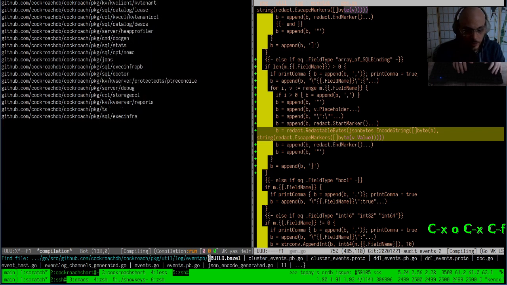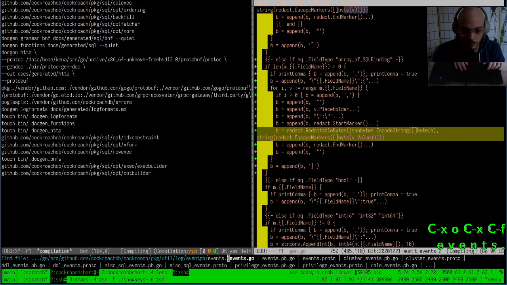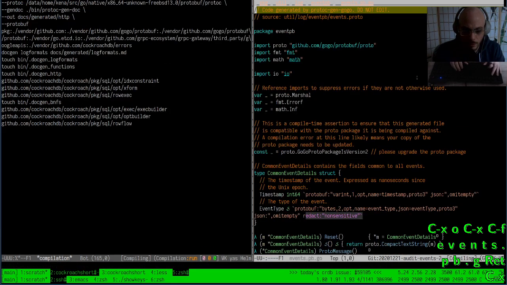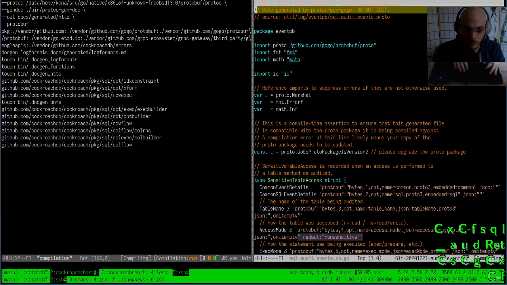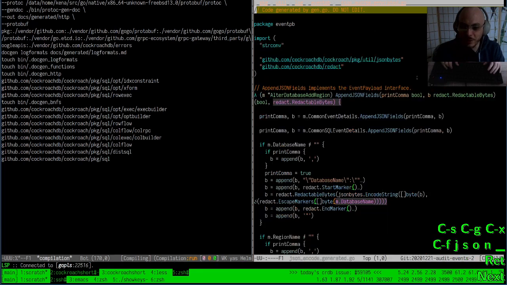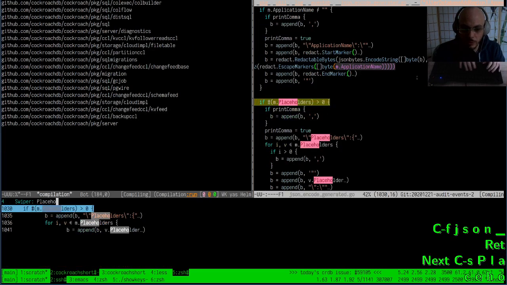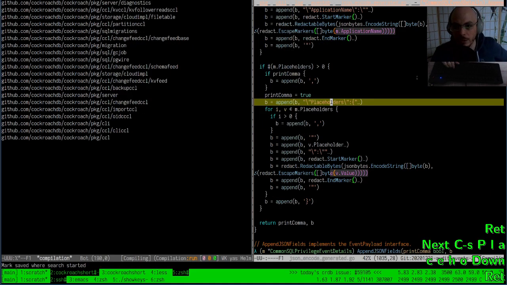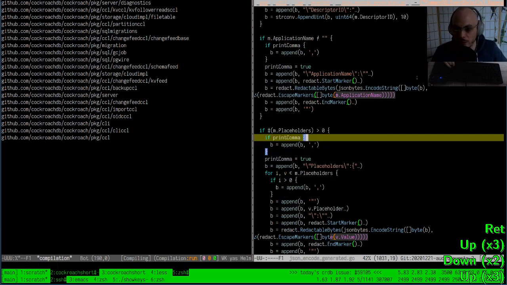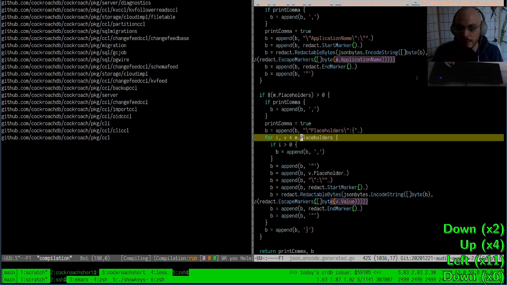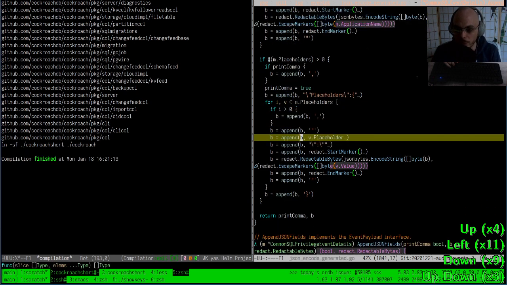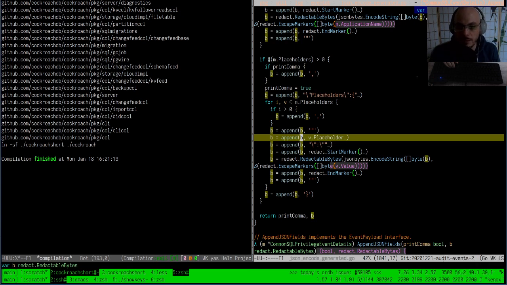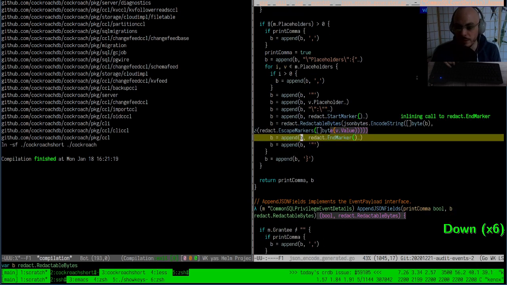So we can now check in this file how the events are going to look. Sorry, SQL audit events.pb.go. No, it's JSON and code. I don't know where to look. So placeholders, and that's the code that has been generated. If we have some placeholder bindings, that means we are going to iterate through them, and every placeholder is going to be mapped to its value with a JSON string